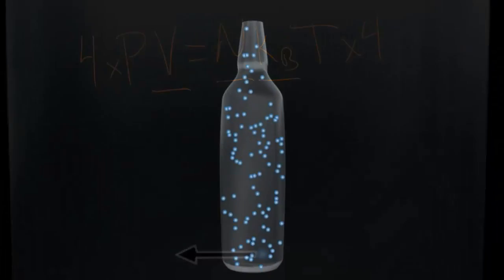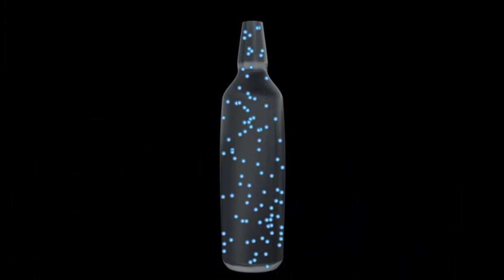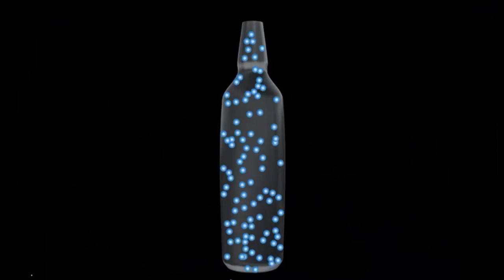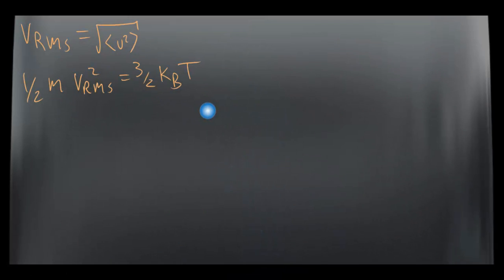So instead of changing the speed of the particles, what if we take each particle and change the mass so that it's twice as massive? What happens to the pressure and what happens to the temperature? For this one, you might just be able to see straight from this equation that we used before that if you increase the mass by a factor of 2, then you have to increase the temperature by a factor of 2 also. Or another way to see it is similar to what we did before